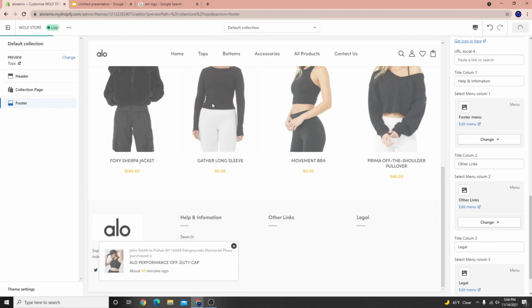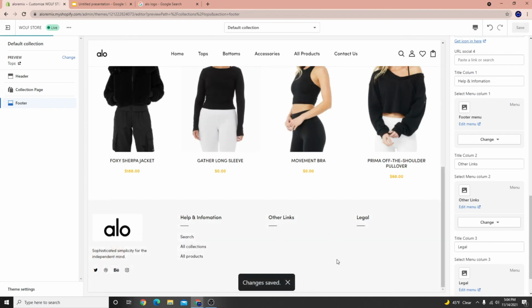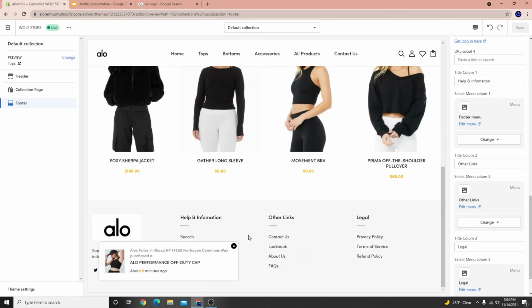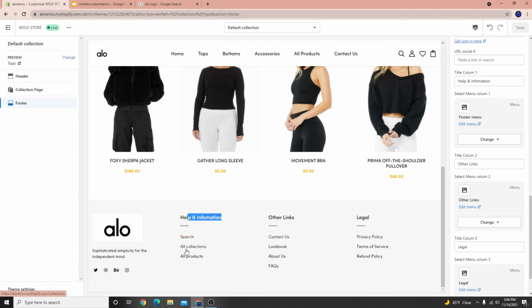And it's literally that simple. Once we save our progress, every link here will now change. So watch the green bar on top, let it load, and let it do its thing essentially and update for us. And you could see here now it's fully updated. Other links has contact us, lookbook, about us, FAQ. Legal has the policies, and help and information shows search, all catalog, all collections, all products, and of course they